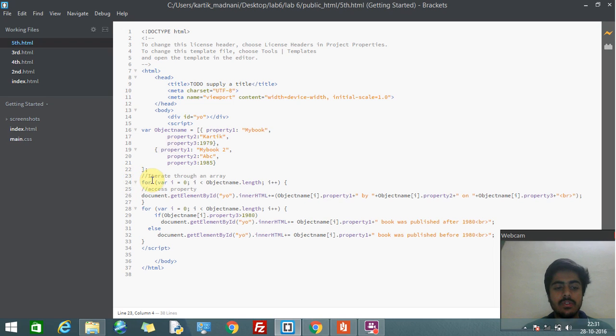an array. So as you can see, I've used the variable. I'm storing this into an array. So I will run the for loop. For i equal to 0, i is less than object name dot length. So the loop will run until the length of the name, and then i plus plus, then the document dot get element by id yo. So I have given here the id yo. So in the element equals object name i, property by object name.